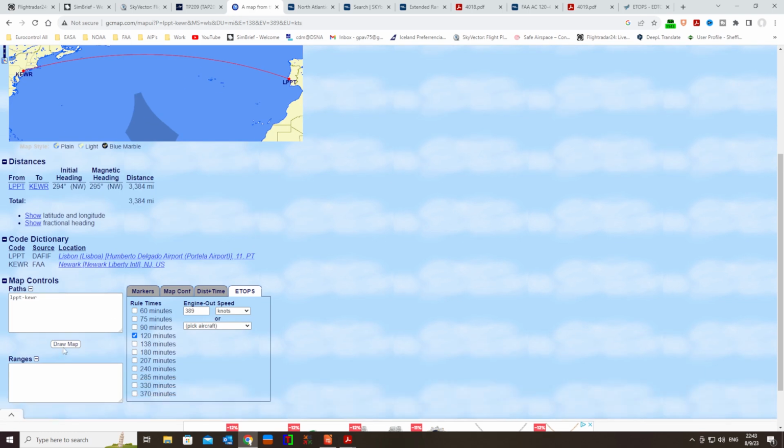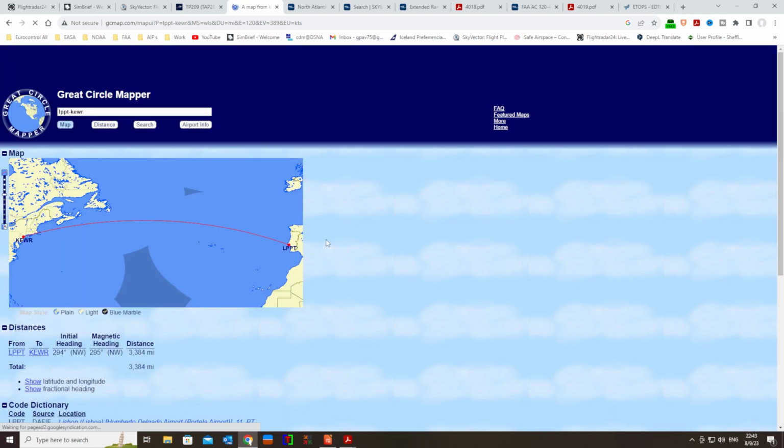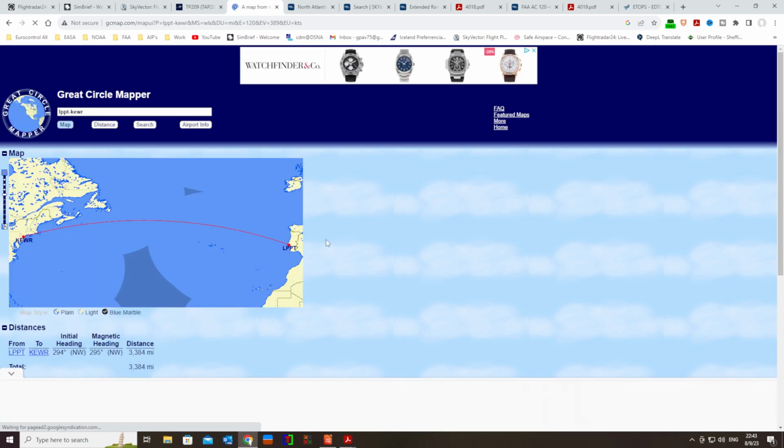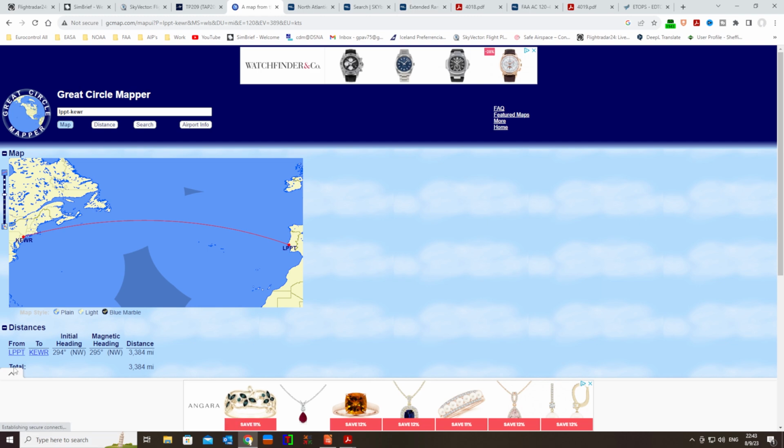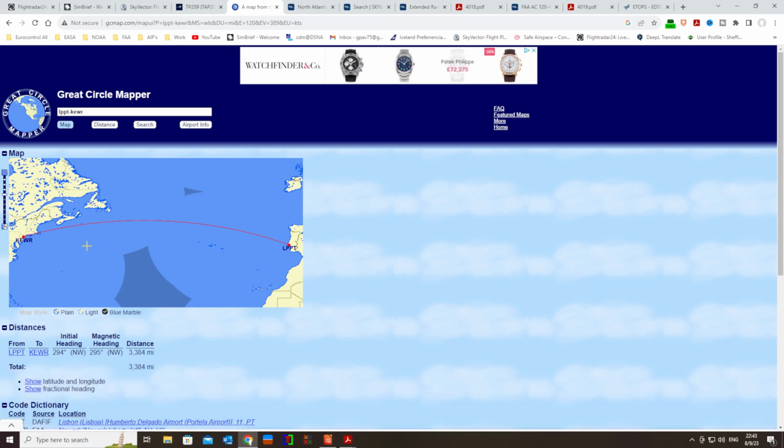I think that most of you have checked that site already. So this light blue area is the area that we can operate with 120. If we go further north, hitting the tracks, we might end up going into this dark blue area, where we're not certified. If we go in the southern part, we cannot do that also. So we need to make our way across the Atlantic between